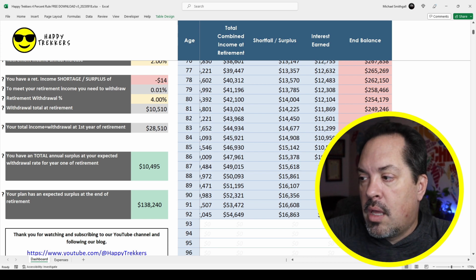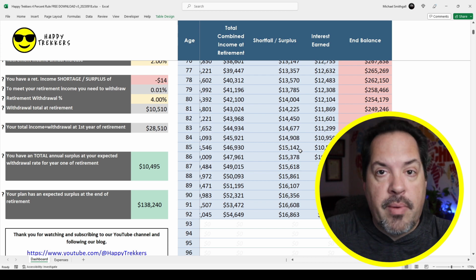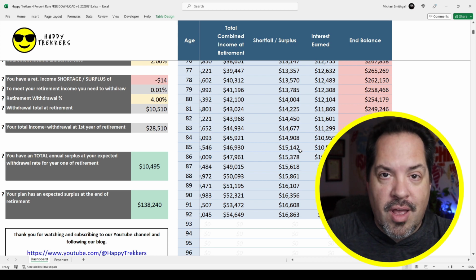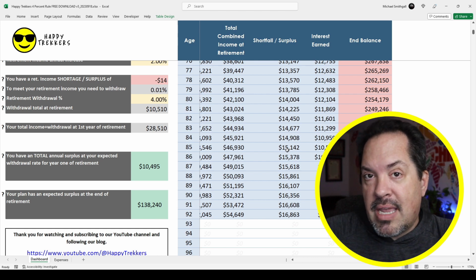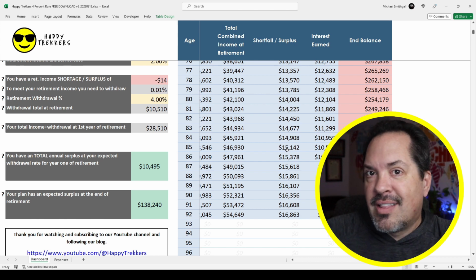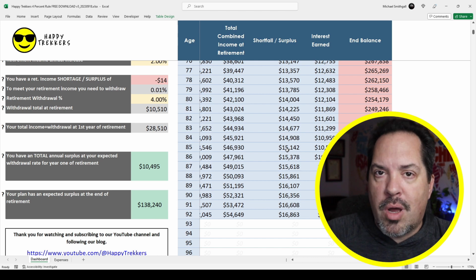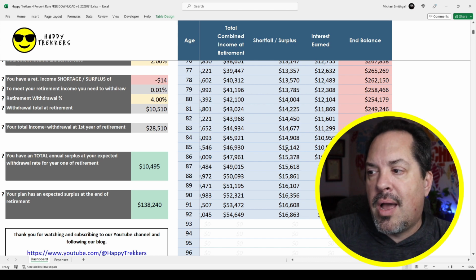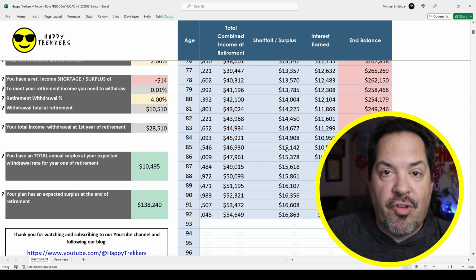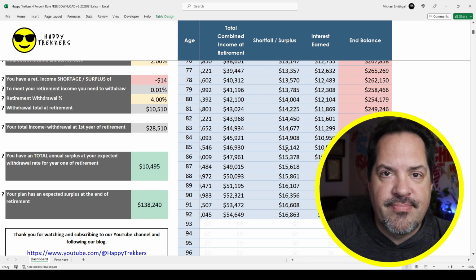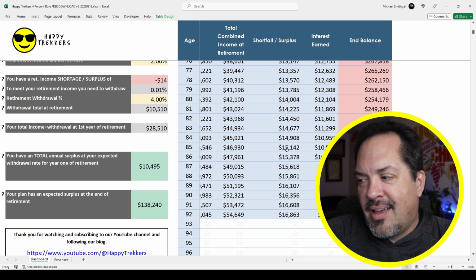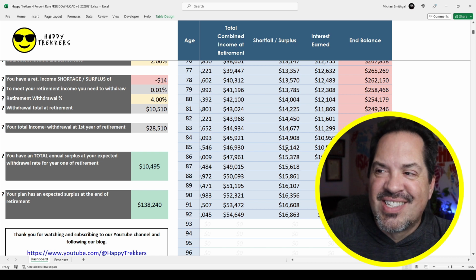You know, it is up to you. I love America. I love having a Walgreens on the corner. I love having my 4Runner in the garage. I like being able to eat as well. I like to live indoors. Those are nice. So would I rather get rid of the 4Runner and get rid of the Walgreens and live in Chiang Mai and have $1.50 for my meals, but have money at the end of my life? Yeah, I think I would. So check out this calculator.